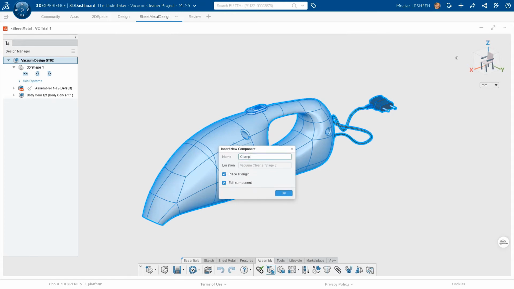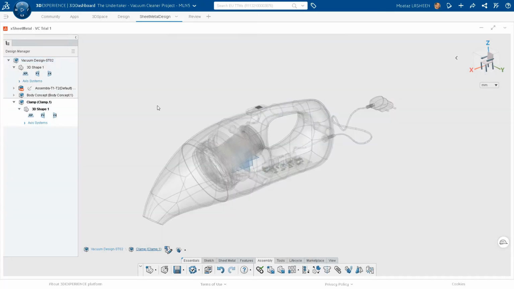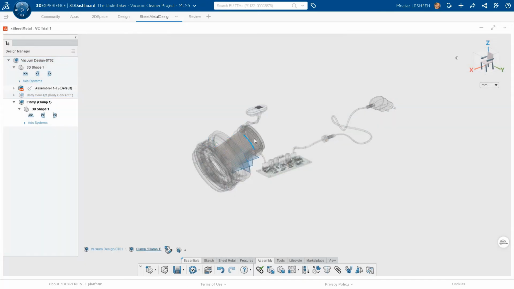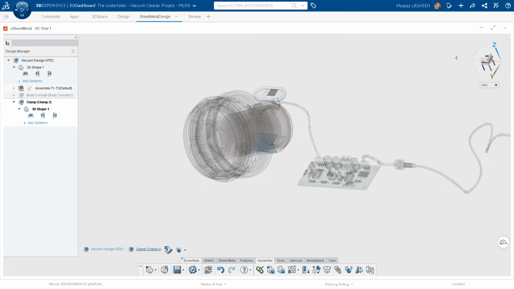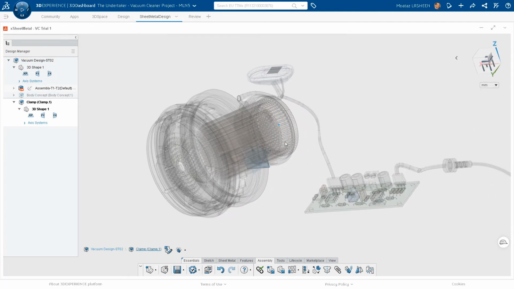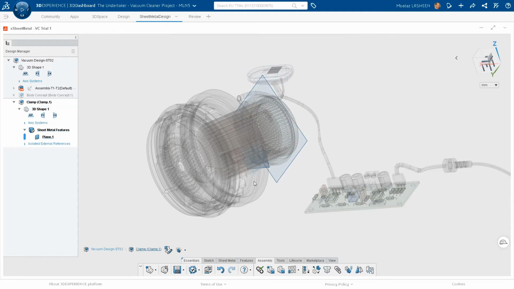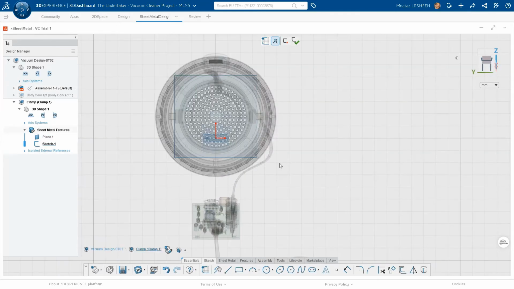Remember that I'm inside xSheet Metal. So I'm hiding the body just to make sure that I can access my motor. The clamping would be for the motor, and that's why I have to reuse some of the edges from the motor to create my reference plane. And here we go. We are just making a very good design concept by using the top-down assembly concept, creating